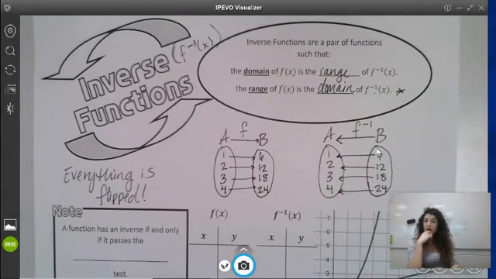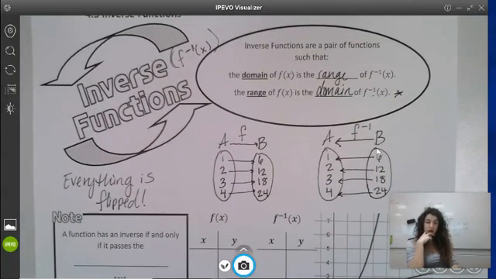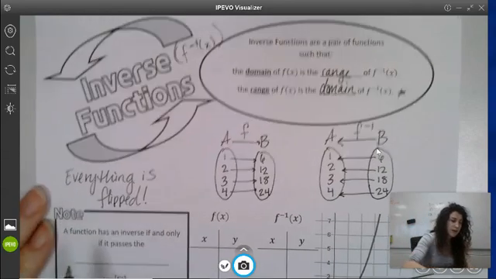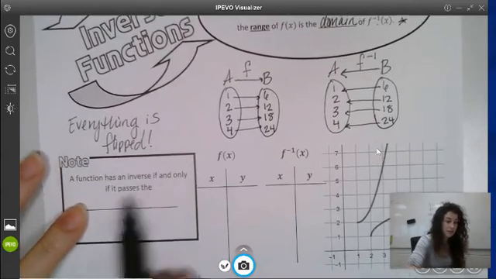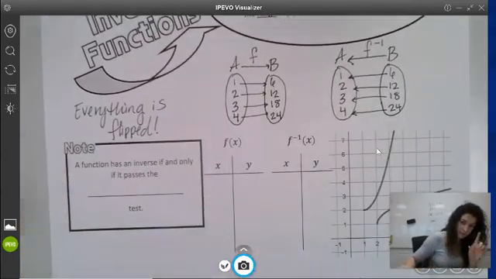So talking about functions and their inverses, we have this idea of everything being flipped. However, just like with any other relation, not all inverses are functions, but we do want to talk only about inverse functions today. So note, a function has an inverse if and only if it passes the